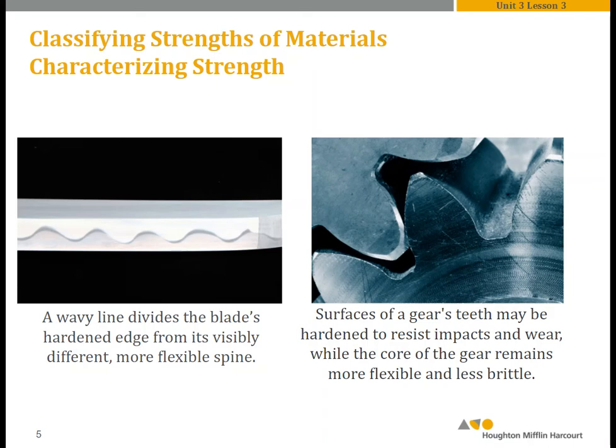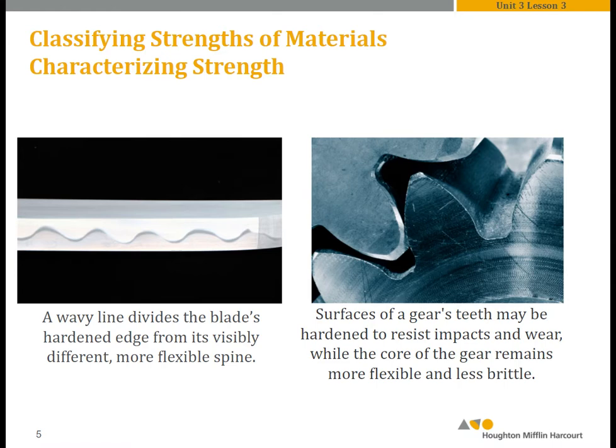We can observe some of these properties if we look at an object under a microscope. A blade, like a knife blade, will often be made from different types of steel. Some steel is harder and more brittle, and then there's other steel that is softer and more flexible. So if somebody's making a blade, they will want to make the edge of the blade out of that hard,